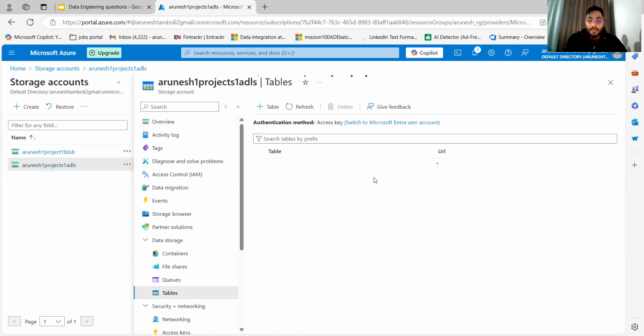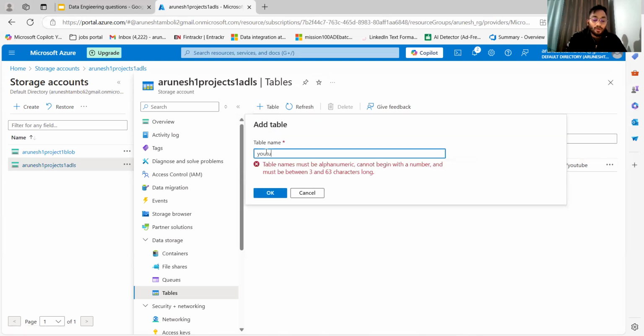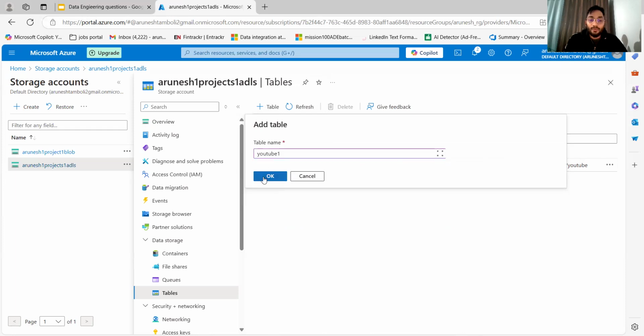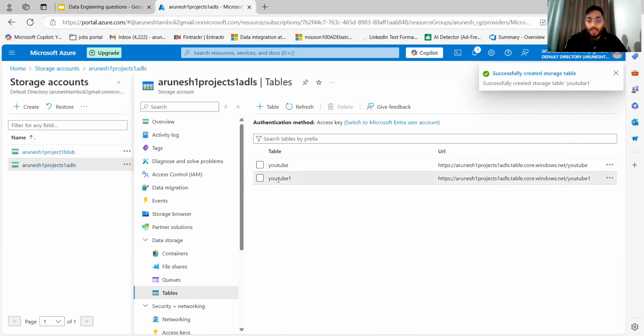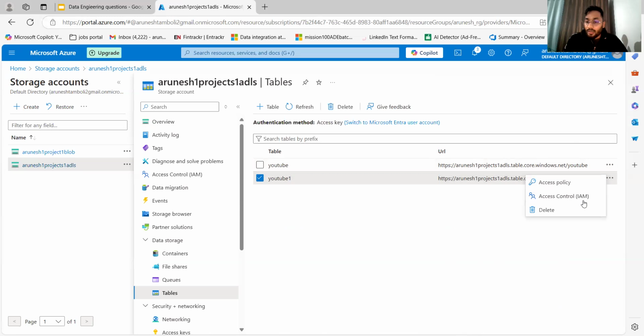As of now, okay, it loads. So if you see, we have created a table earlier. So suppose if you want to create another table, we can simply go inside and name it YouTube one. Okay, let's see what happens. Okay, a new table has been created. Okay, yeah. So see, if you see it here, the table has been created, the URL has been generated, and